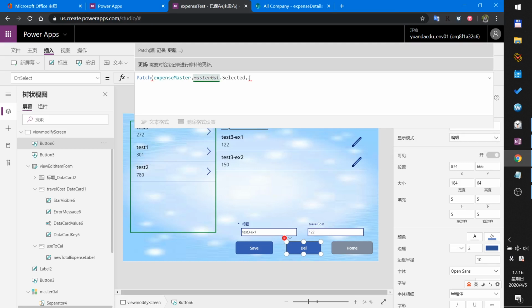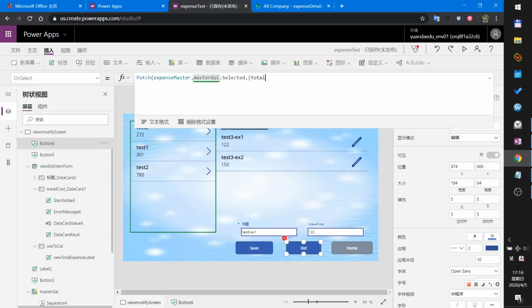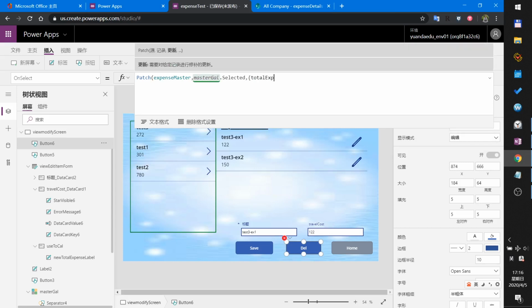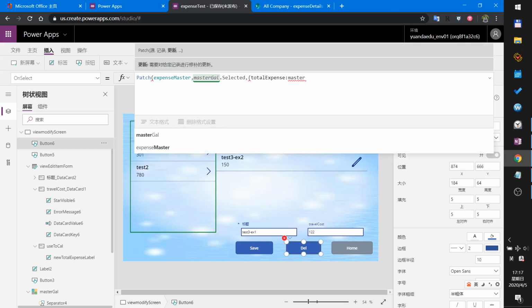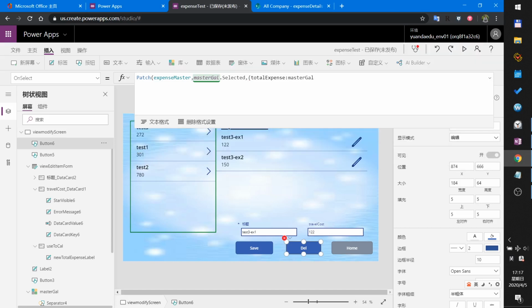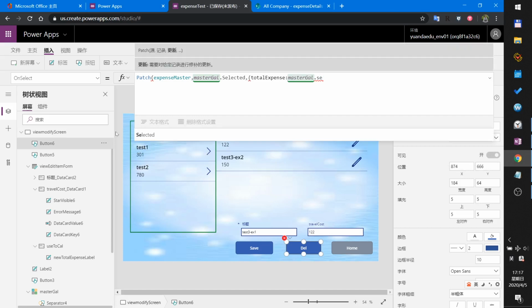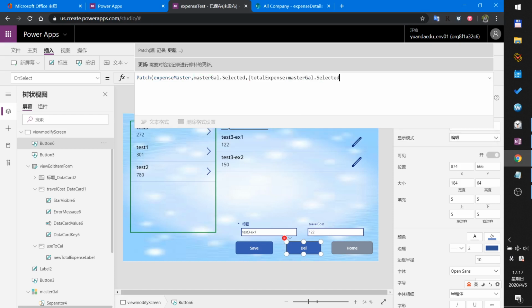I can write a collection total expense. This is the SharePoint column name. This will use an expression, the selected total, all the total expense,